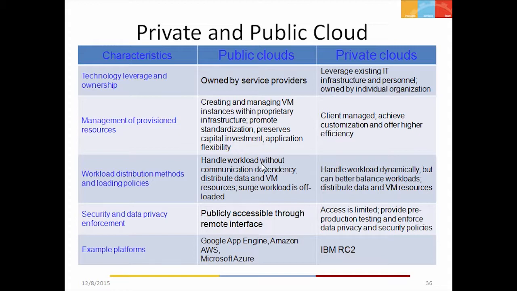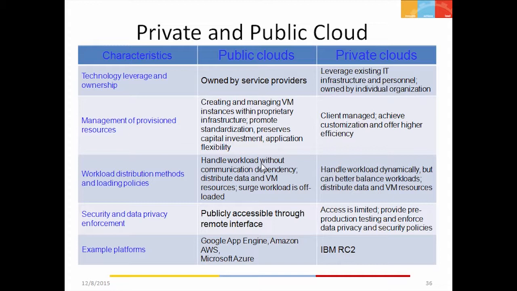Therefore, the decisions that it can take to balance the workload across different servers would be definitely much better than a public cloud, because the public cloud provider is really not aware of such workload details, because it is completely public and there are many people who can come and go. Therefore, it is not easy to guess the possible workload that can come onto their data center.